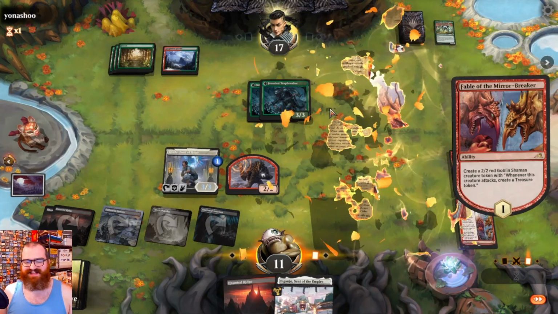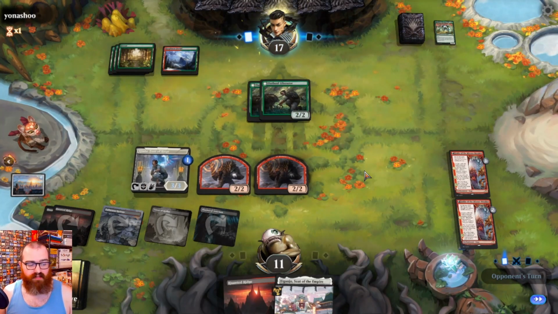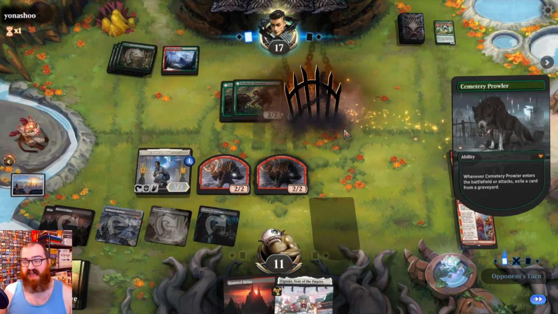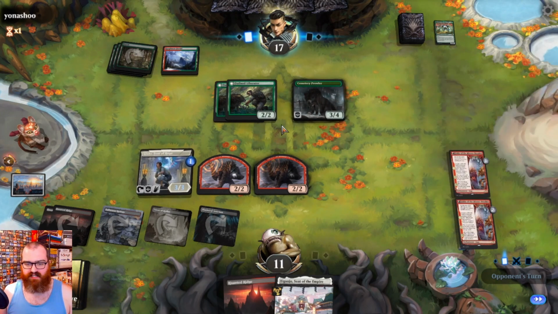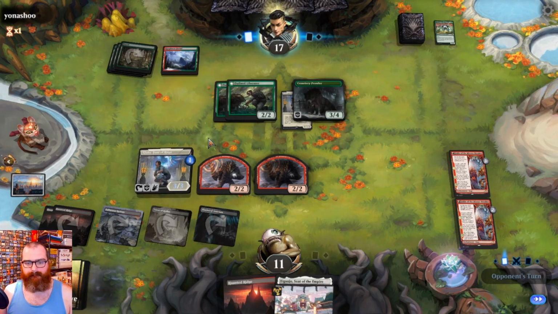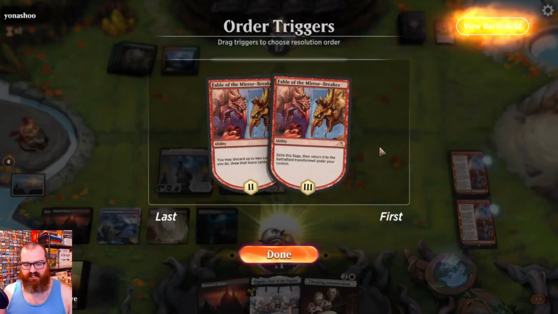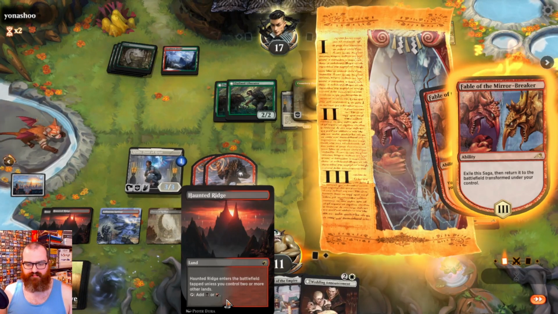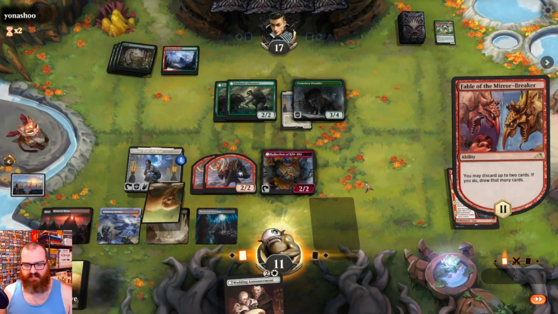And hopefully, this Fable of the Mirror Breaker draws us into, you know, good things. We also were very fortunate that we were able to double spell. Now, granted, we kind of had to do it. Like, we had to maybe not play ideally, but that was very, very important here. Not what I would love, but... Come on, we need to...